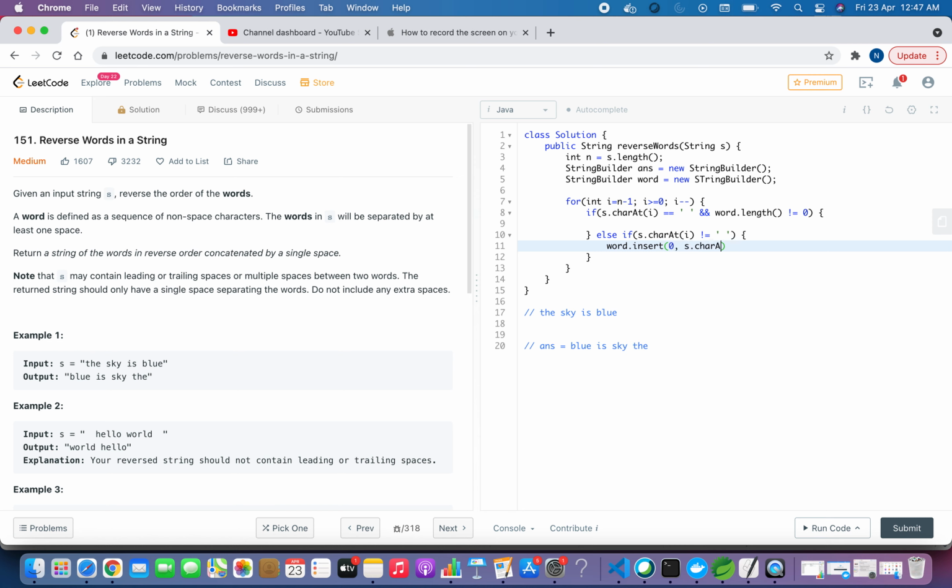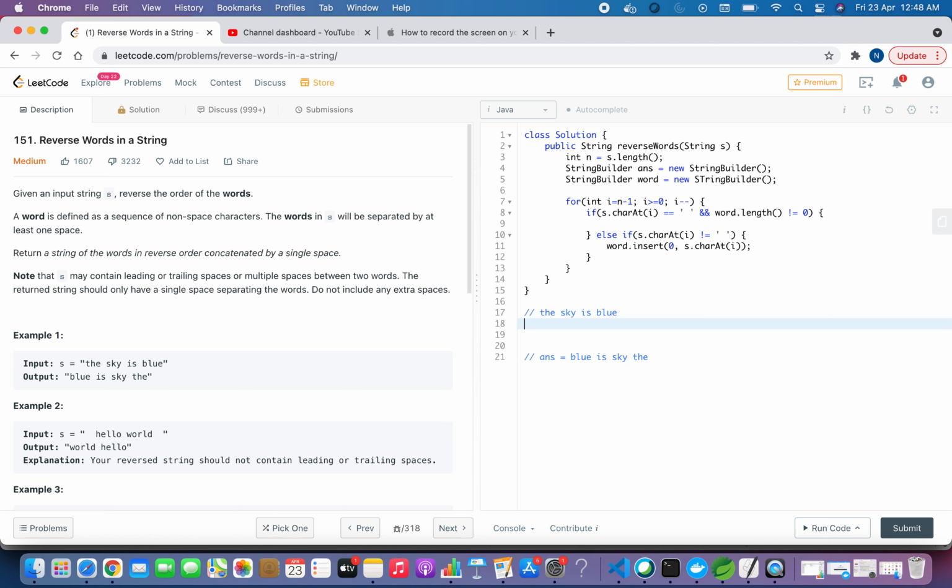So this is how we create the word. I am starting at E, and the character at this position is not equal to space, so I will insert it at the start of the word.